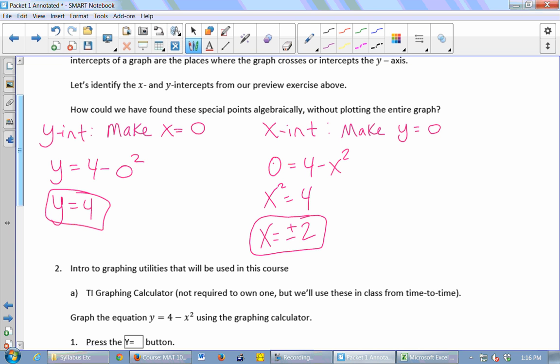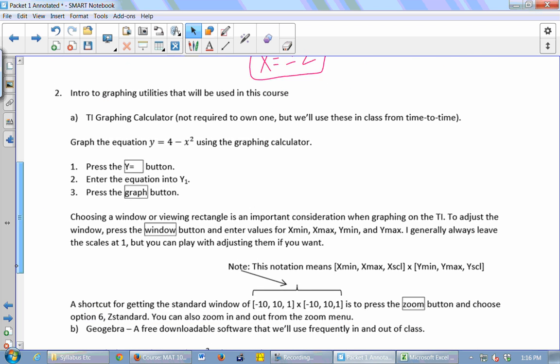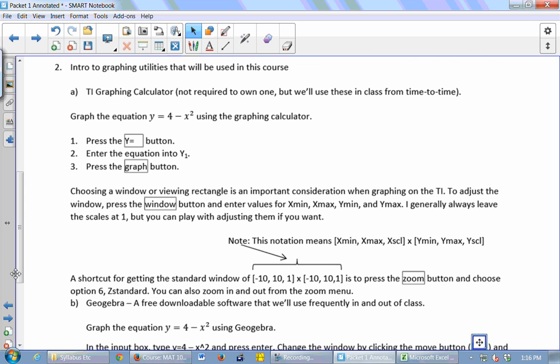All right, so that was just a little review of things we know about graphing: how to plot points, how to make a table of values, and graph an equation by plotting those points, how to find intercepts. Okay, so the rest of today's class is going to be about graphing utilities, so using technology to help us